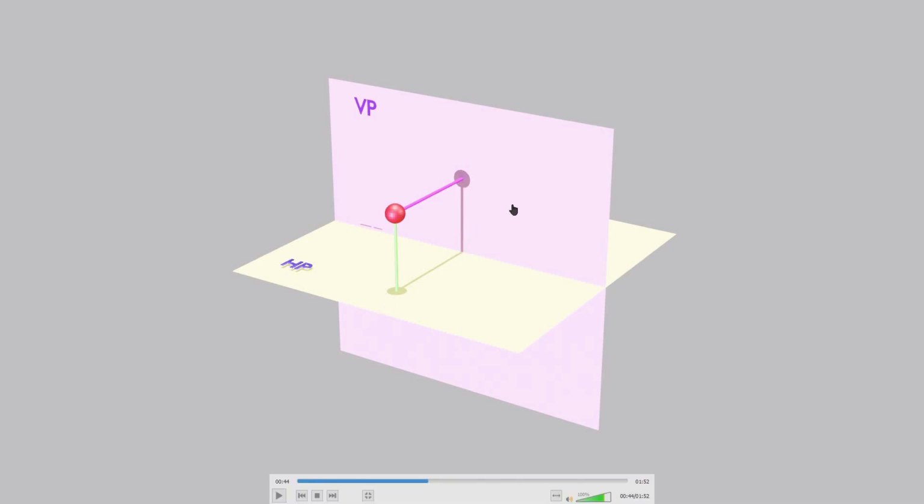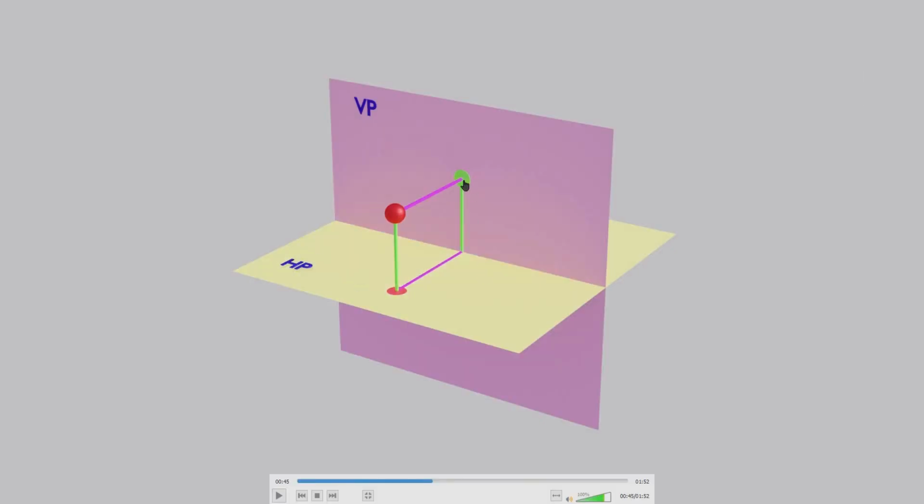Now I'm just going to mark these things, and I have switched off the lights. I've marked the front view, the distance of the front view from the XY line, the distance of the top view from the XY line, and the top view. Now we'll remove the object. See that I've removed the object. I've marked A prime as the front view and A as the top view. Just any variable will do. That's okay. Now I'm going to open the first quadrant.